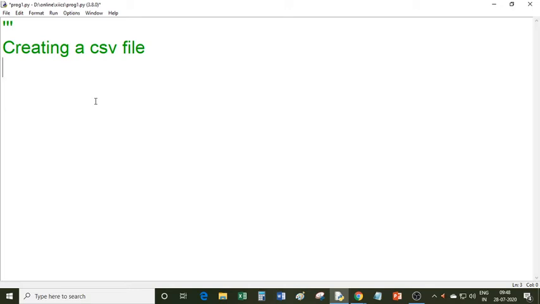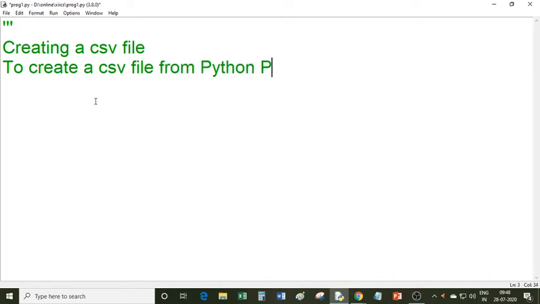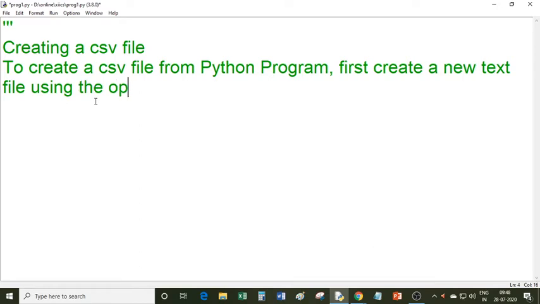So you already know that open function returns an object by which you can read and write files. So write down to create a CSV file from Python program. First create a new text file using the open function.